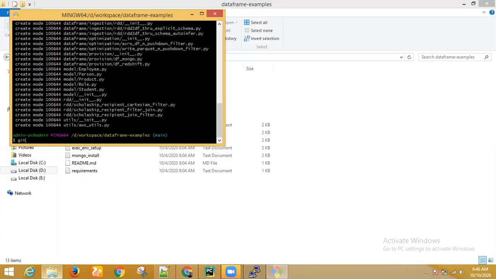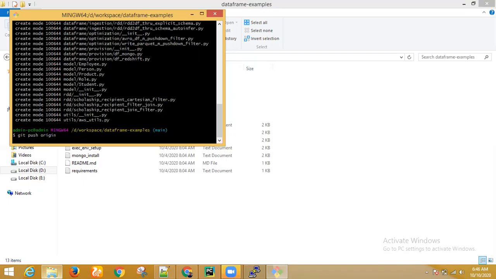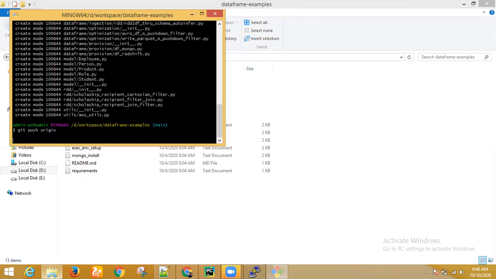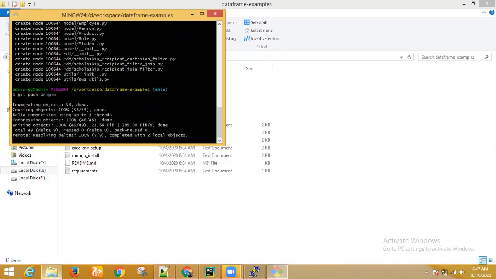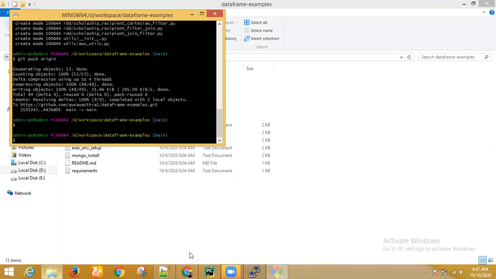Then we are saying git push origin, hit enter. If all these things are correct, it should push the code to the repository. I think the configuration is not done. Okay, it's done. Cool, so everything is done.